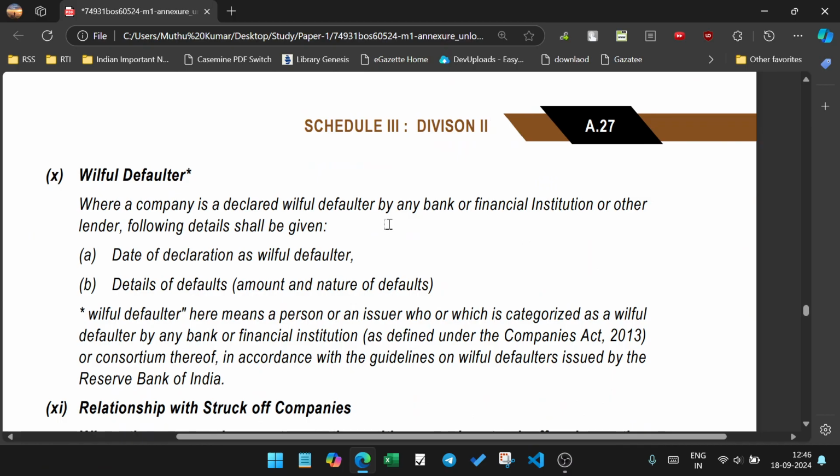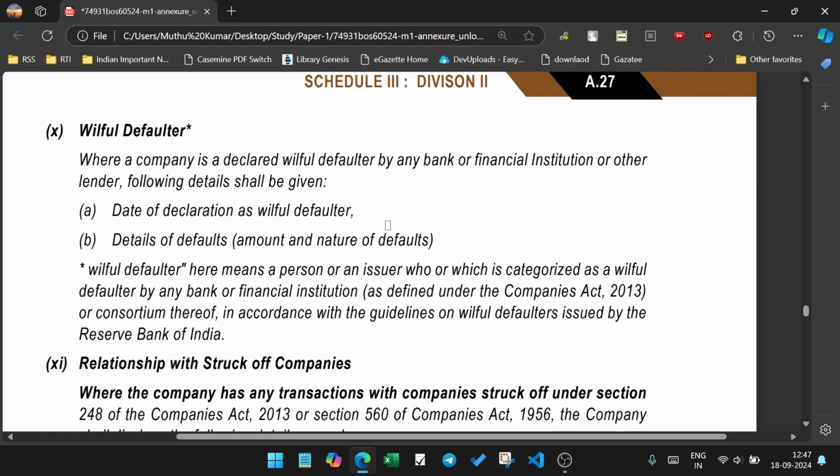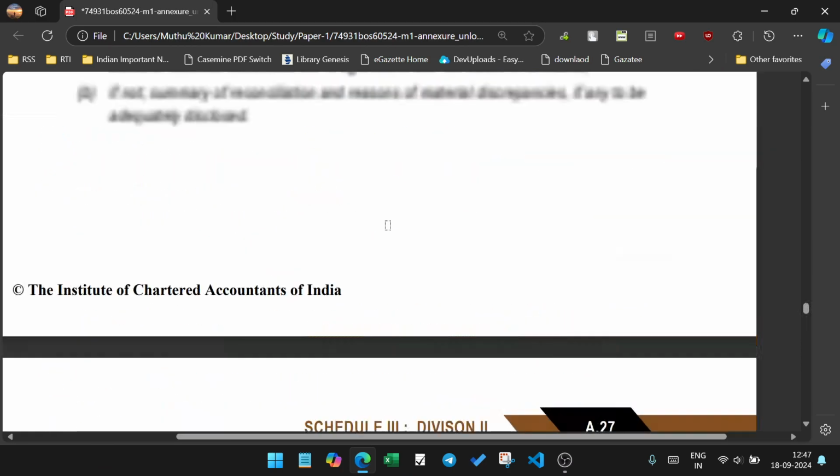Willful defaulter. When a company is declared a willful defaulter by any bank or financial institution,